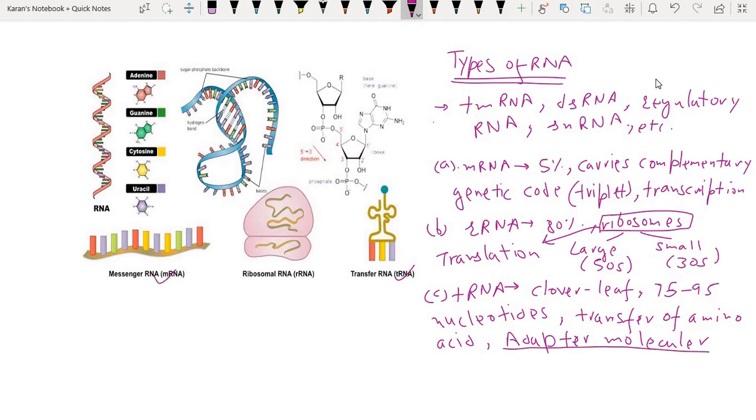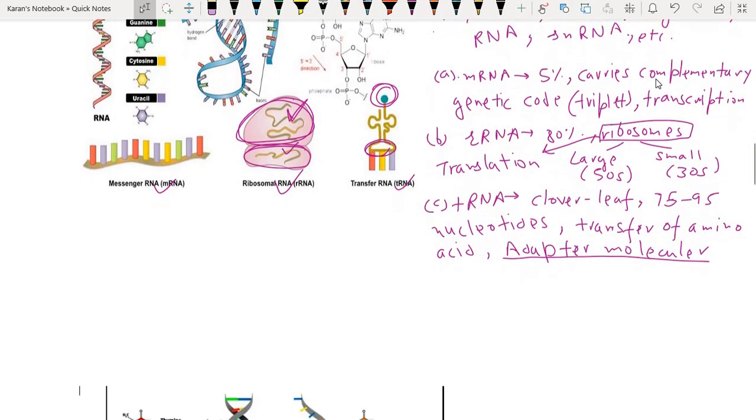So you can see the structure of mRNA here. The second one is rRNA, and you can see the largest subunit of the ribosome, which is generally 50S, and the smallest subunit is having 30S. So larger subunit is carrying the larger RNA, and small subunit is carrying the smaller one. And tRNA, here is the amino acid binding site, and this is the anticodon loop. Now moving to the next diagram.